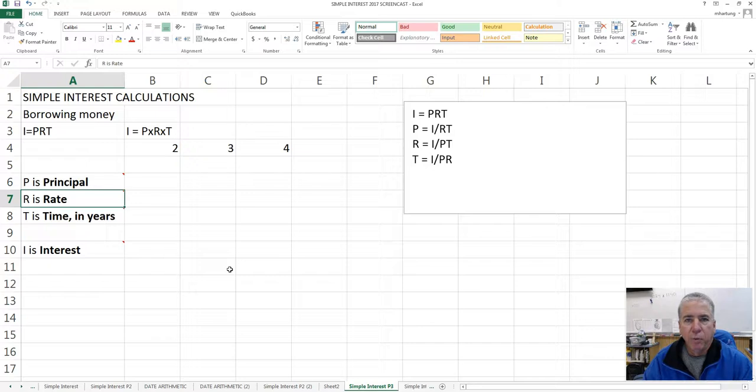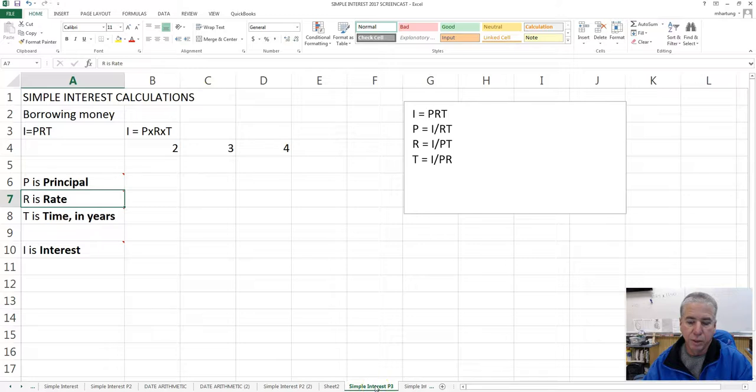Video 5, what we're going to do today is rearrange the simple interest formula so that we can do some calculations and find some other unknowns. So we'll get to apply, and for some of you learn some basic algebra skills here using the simple interest formula, I equals PRT. So step number 1, go ahead and go to simple interest P3, page 3 in your